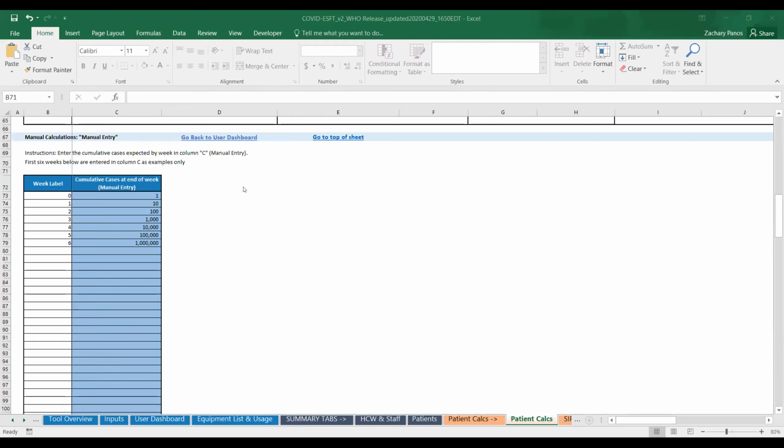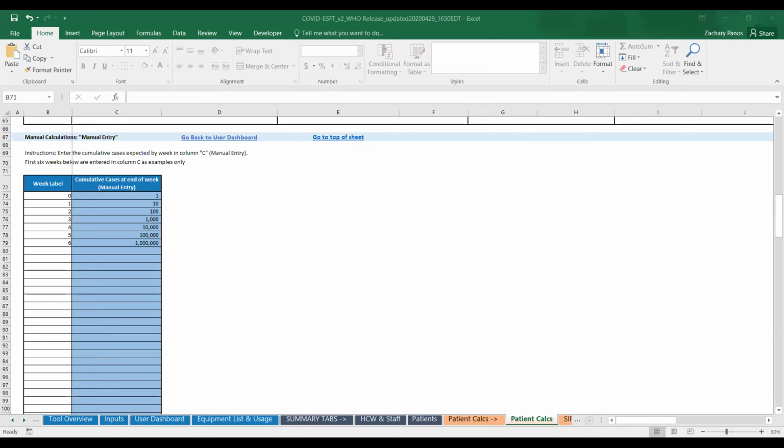We would suggest that this would be one of the best ways to interact first with the model, because epidemiological calculators or models will have a level of accuracy potentially that could go far into greater detail compared to the built-in methodology in this calculator or this ESFT.